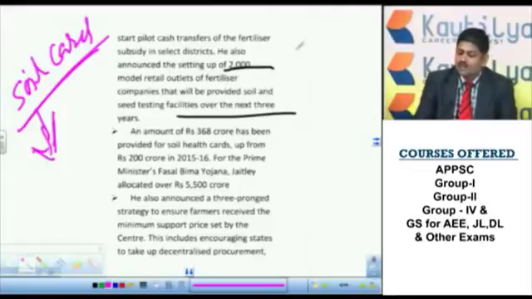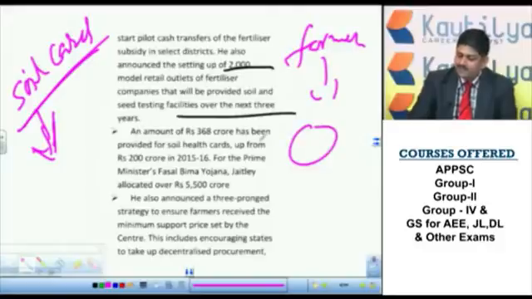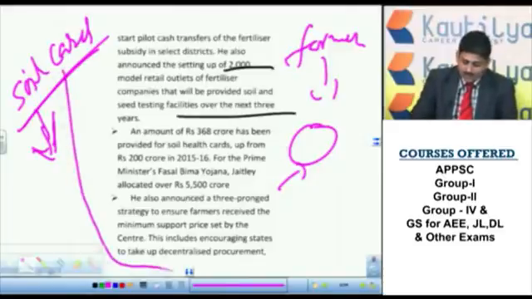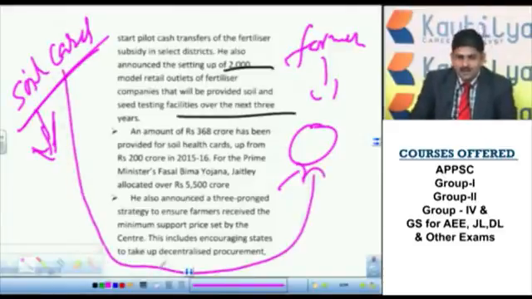What will this actually do? A farmer has his land, and it is not possible for this land to take all kinds of fertilizers. The nature of the soil is very important in order to do agriculture. That is the reason why this scheme was introduced. It was not introduced in the budget. It was introduced even before the budget, but the allocations for this soil card scheme were made in this particular budget.